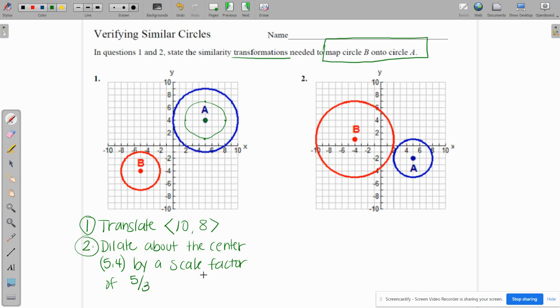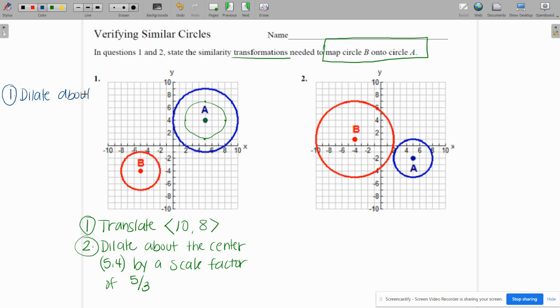So you could write it this way. However, that's not the only answer. It's just one of the answers. So if you would have preferred, you could have first said to dilate the circle. So you would dilate, but instead of it being about this center, you would keep it about this center over here. So dilate about the center B, which has the coordinates -5, -4, by that same scale factor